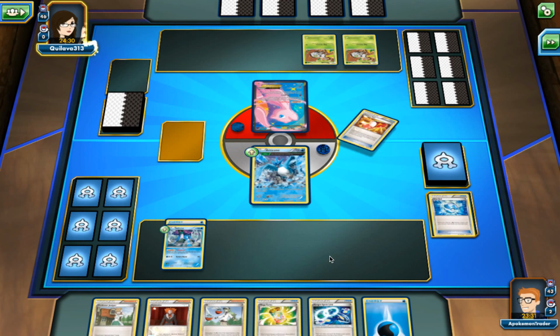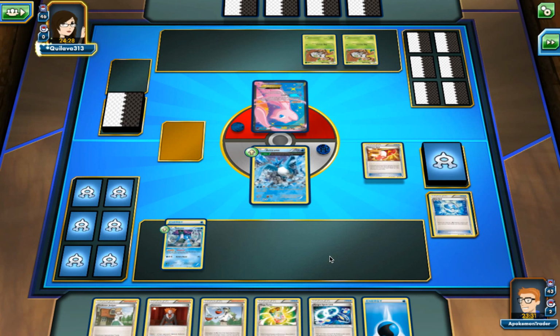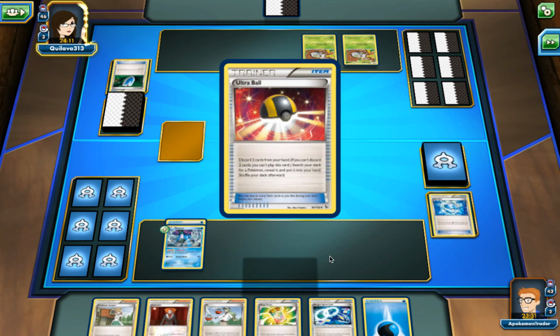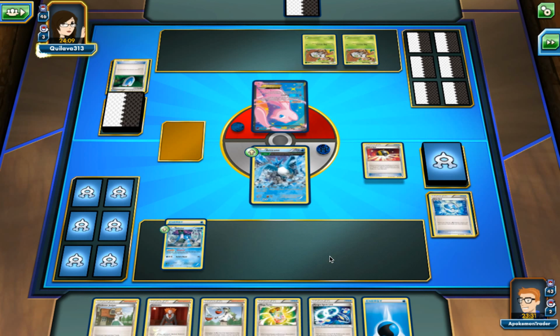And then we see a Trainer's Mail. It'll be interesting to see if it's a Frozen City build or a Team Magma's Secret Base. Both of those two decks have sort of been discussed as the way of playing it. Seeing as though she started benching Ninkada straight away, I imagine it's the Frozen City build. We see an Ultra Ball